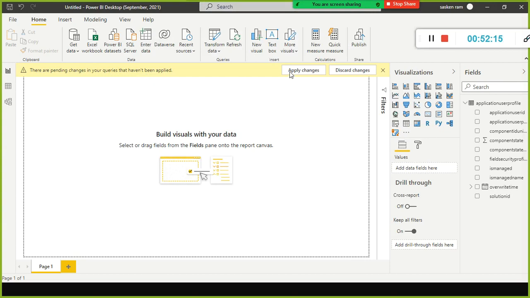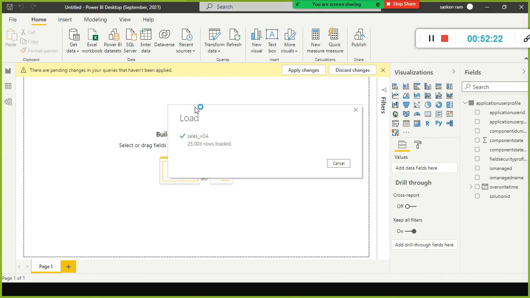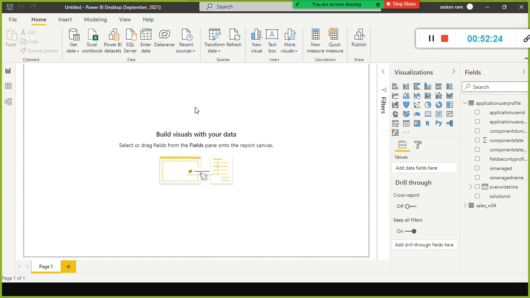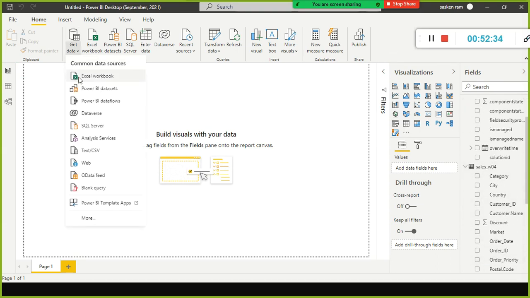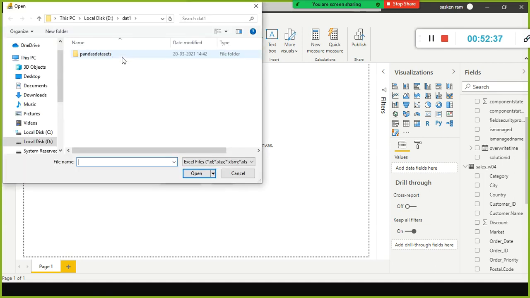All of you please concentrate here. Look here, this file got imported here, right? So I have imported an Excel file. I just show you here.